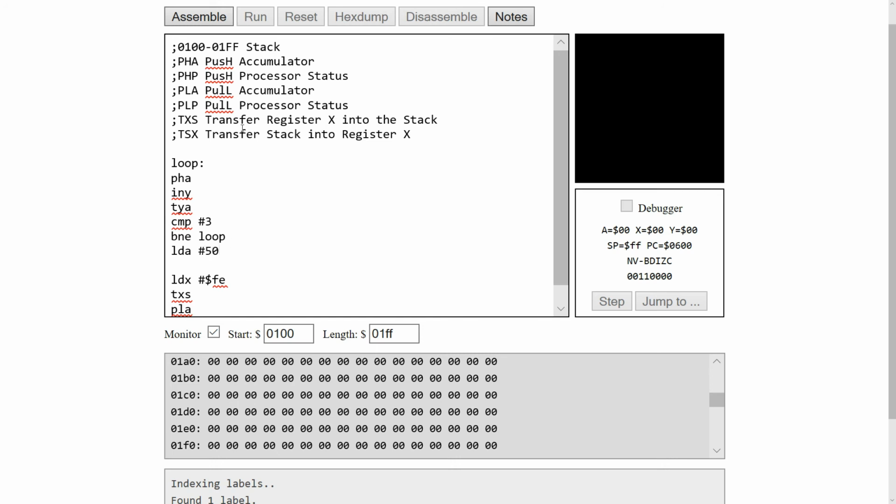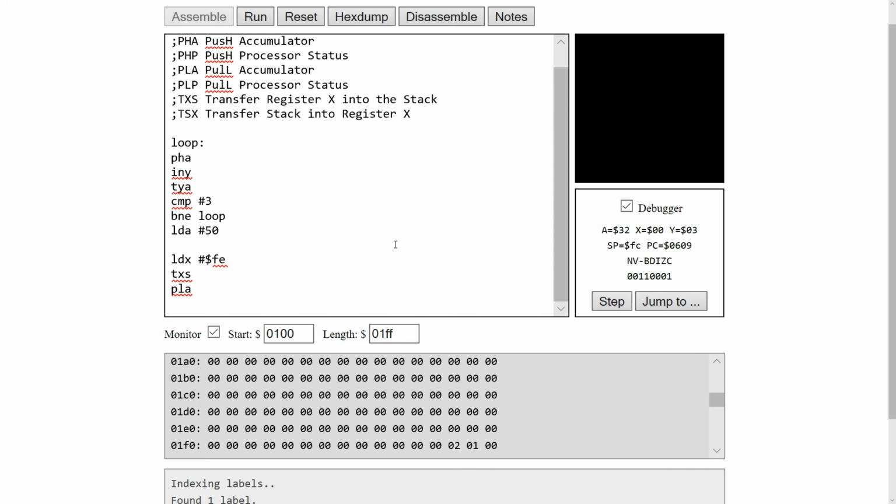So for assemble, I go step by step. 1, 2, 3. Oh, pass. Let's go to 50. Here it is. Let's load register X with FE. Now let's transfer X to FE over here. It's perfect. And now we're going to pull A, so it's going to decrement, or actually increment since you're pulling, and then